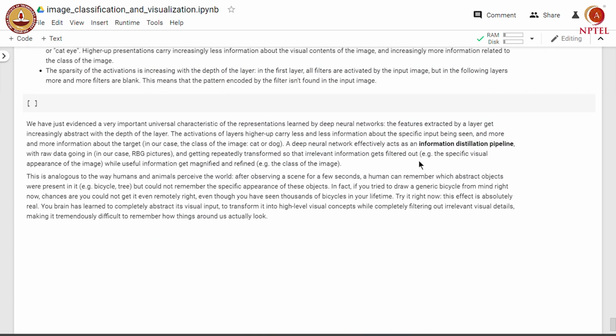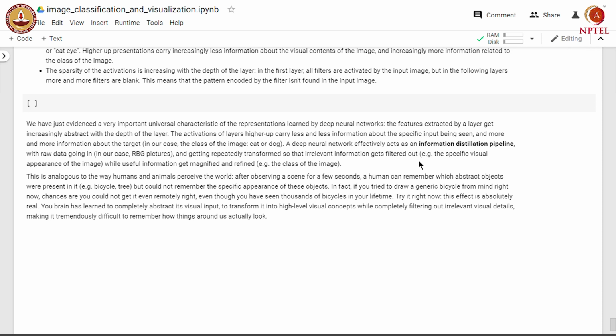So, we showed a very important universal characteristic of representations learned by deep neural networks. The features extracted by a layer get increasingly abstract with the depth of the layer. The activations of layers higher up carry less and less information about the specific input being seen, but more and more information about the target class.